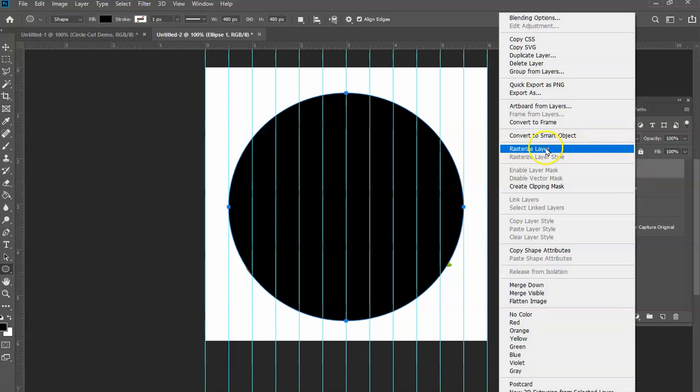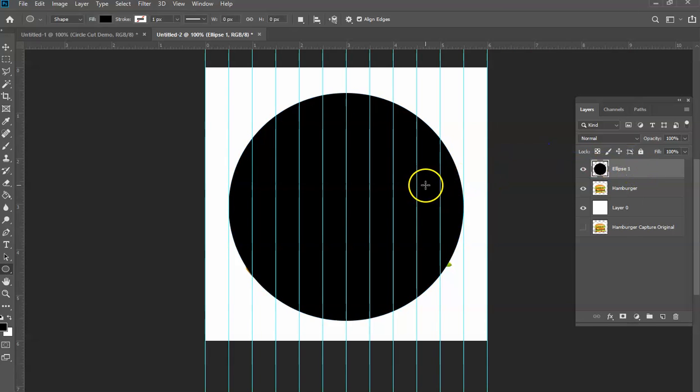So now I have this ellipse, which is a smart object, and I want to rasterize that because I want to be able to use it as a mask. So I'm going to call this mask. I'm going to call this mask 1. This is going to allow me to